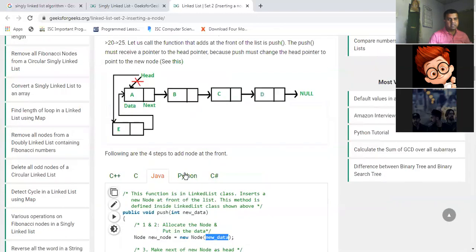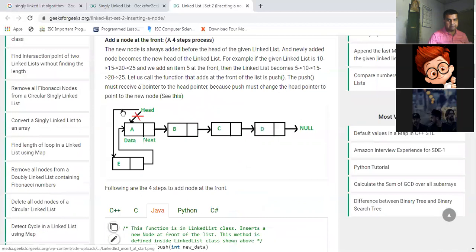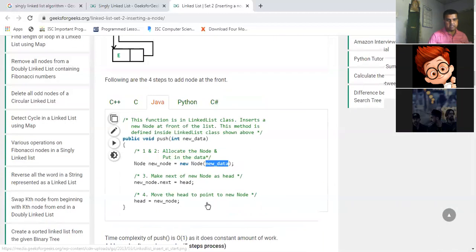Since this was the head, its memory address comes and gets stored into the new node, so thus this becomes the head. And then, move the head to point to the new node. That means your head position has been shifted and connected with the new node.